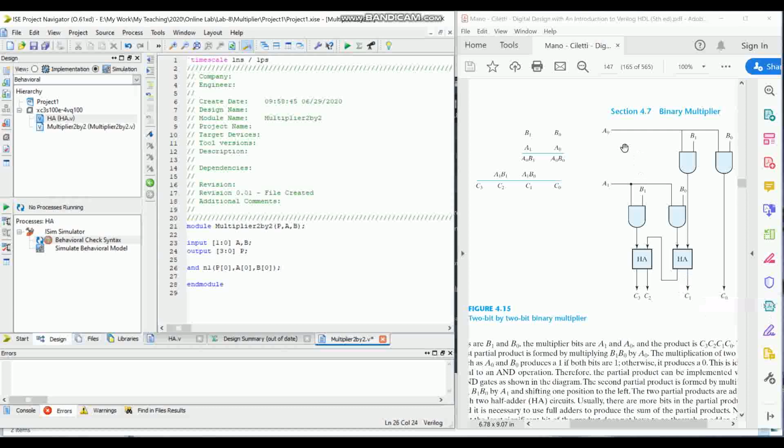So we have multiplied the bit of A that is on location 0, and this bit of B that is on location 0, and as a result we got this output which is C0 in this here, and we call it P0, right? So now